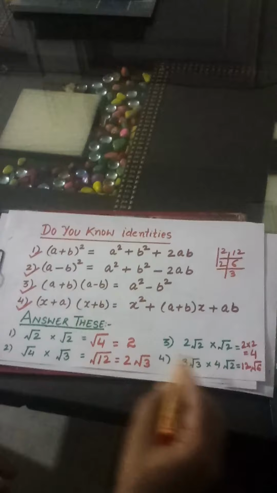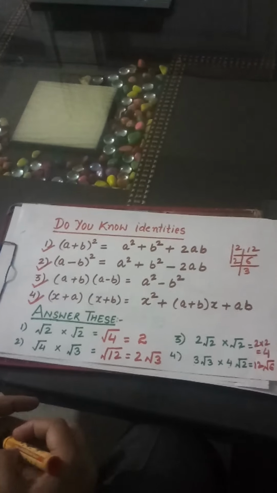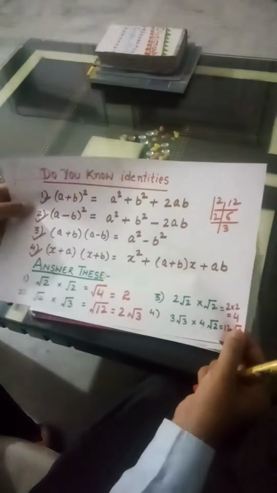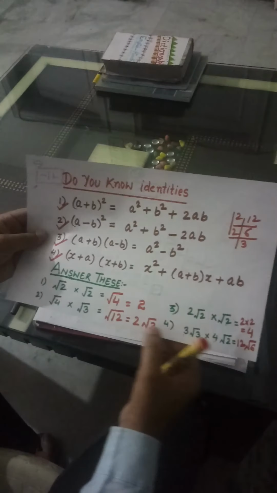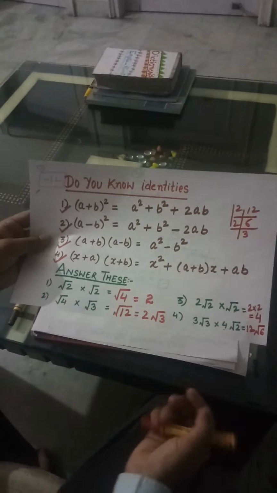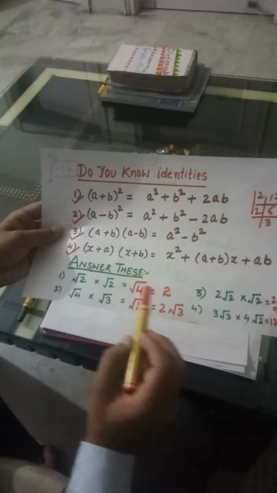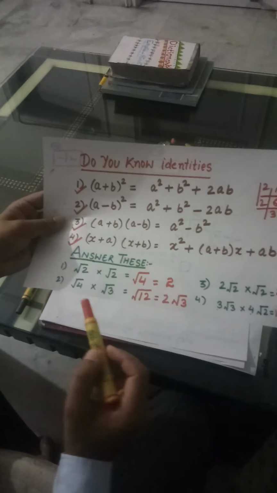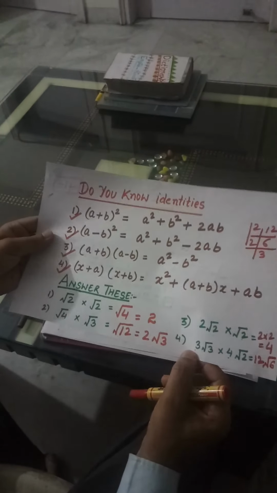So these few topics you must know before rationalization. I think you are clear about the identities. You can have a look at the identities 1, 2, 3, 4, and after that certain multiplication of rational or irrational numbers we have here. In fact, these were irrational numbers only. So you have seen multiplication of irrational numbers can also give us a rational number, or it might give us an irrational number also. So these are the basic topics which are to be covered before rationalization of the numbers.